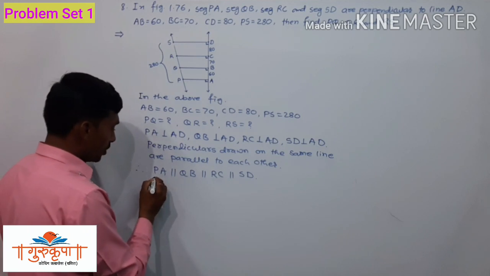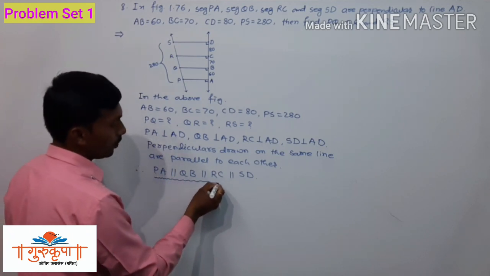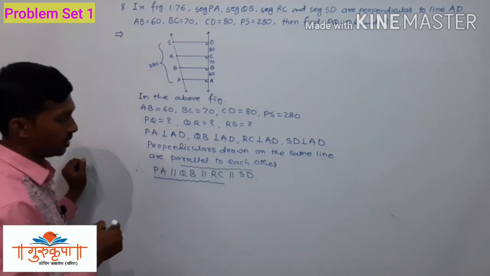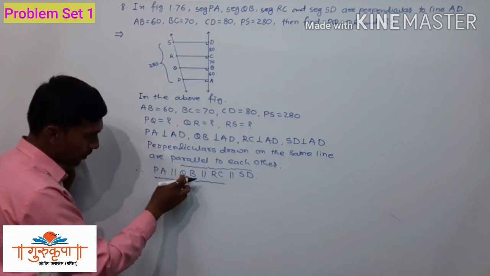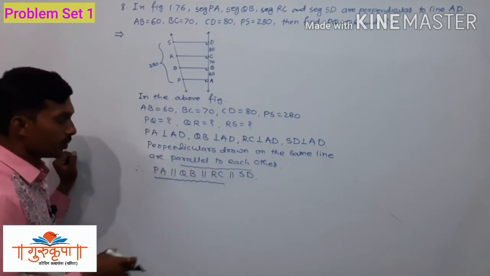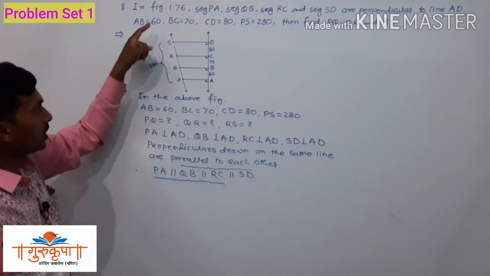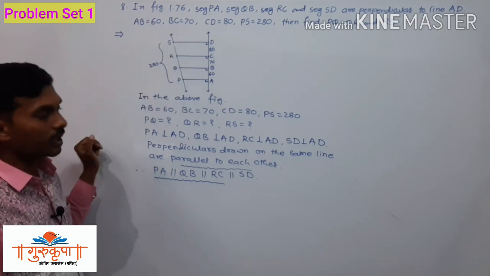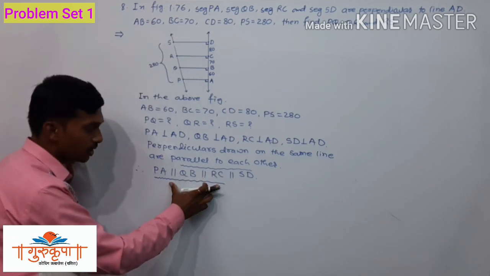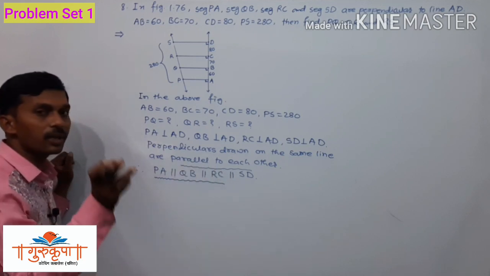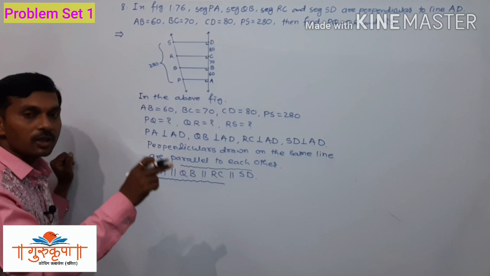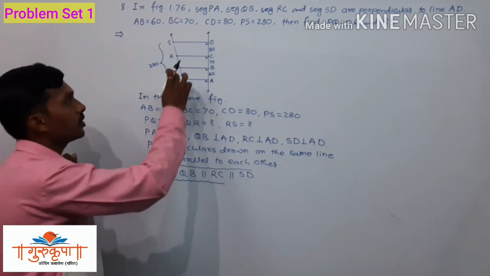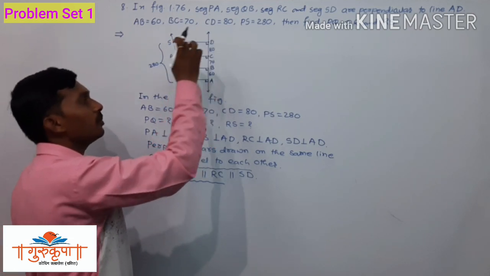Now first we have to use these three parallel lines, and then the next three parallel lines, and write two equations. Here the transversals are PS and AD, and these four are the parallel lines. Out of four we first use PA, QB and RC, and the property of three parallel lines and the intercepts made by the transversal, and we write the equation PQ upon QR is equal to AB upon BC.